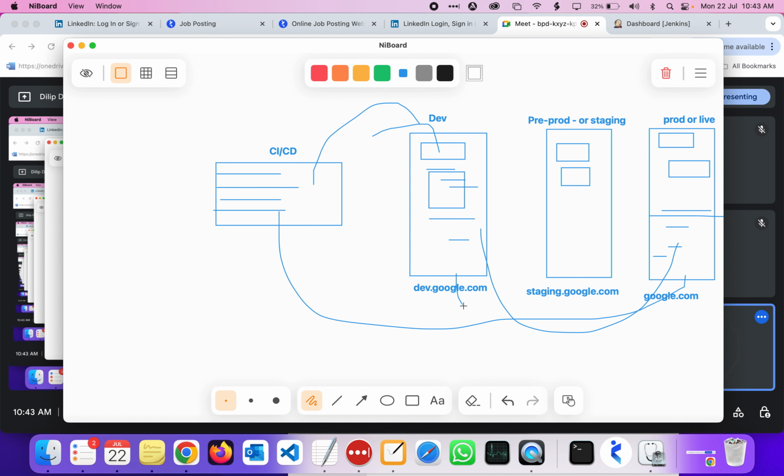Next, it will go to staging. Staging will match almost 100% of the environment, or at least something like 80%. Why? Because 80% of the Google.com environment. But this one matches 99.999% with the Google.com prod. Whenever that particular code is being tested over here,